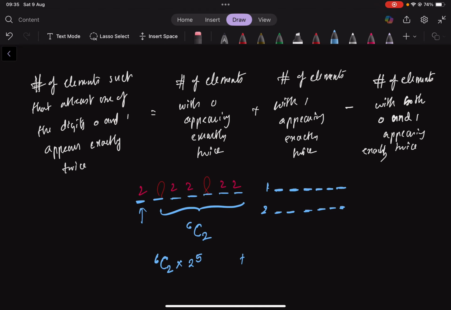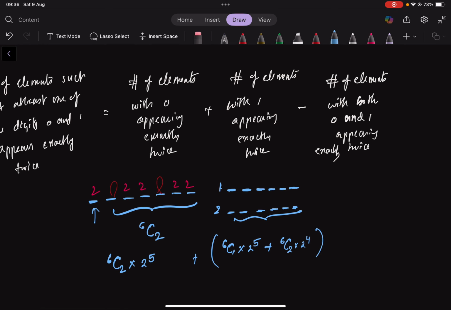So in the first case we have 6C1 into 2 to the power 5, plus in the second case, where it starts with 2, out of these 6 places we have to choose 2 places for the 1s, and in the remaining 4 places we can take either 0 or 2. So that will be 6C2 into 2 to the power 4, minus,